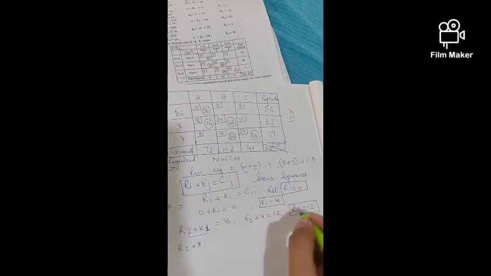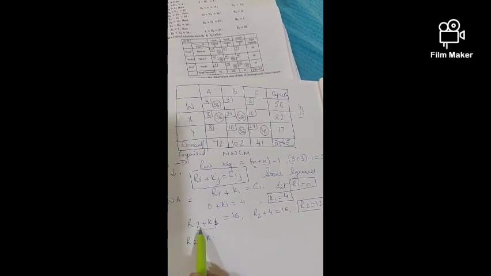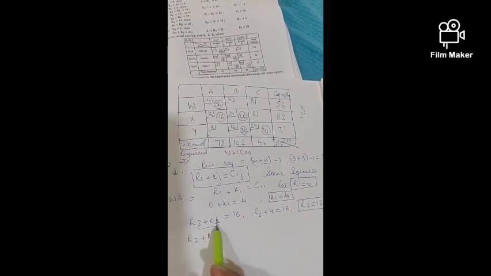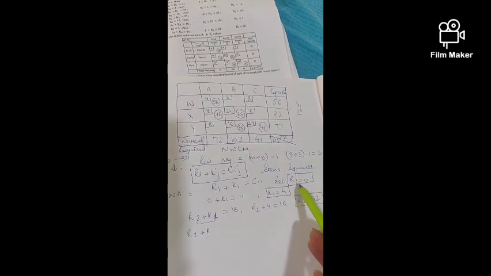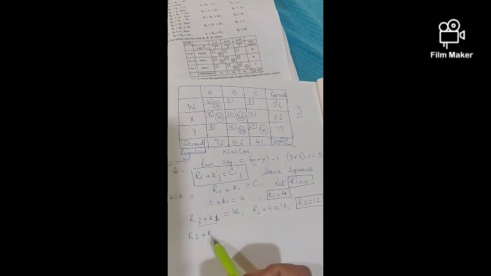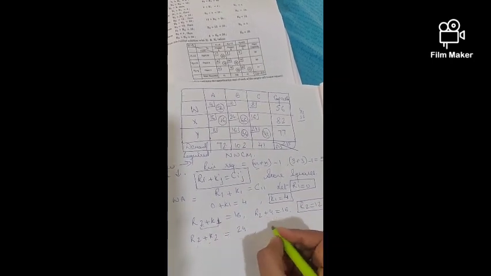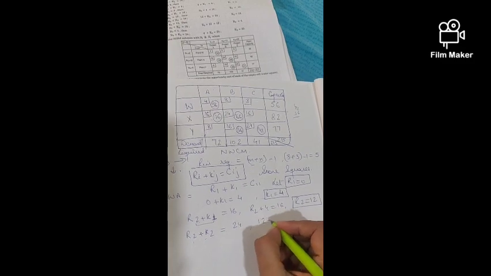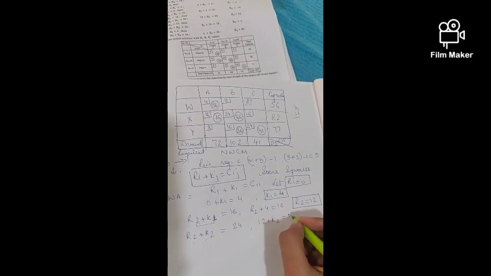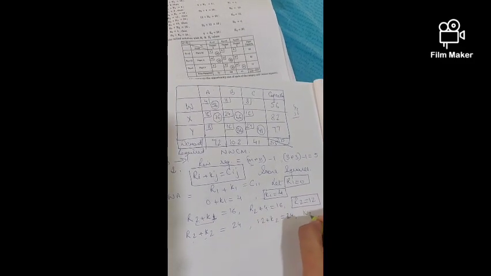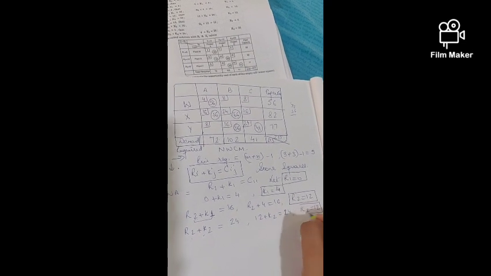See, अगर कभी ऐसा हो जाए that you are not having the values which they are asking, supposedly दोनों values आपके पास नहीं है, तो आप third निकाल के देख लो. ऐसे के निकालो जिसमें you can use these values. R2 plus K2 is equals to 24. R2 is 12 plus K2 is equals to 24. K2 is equals to 12.